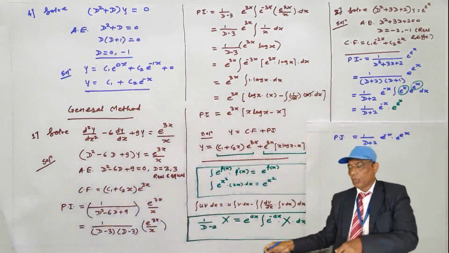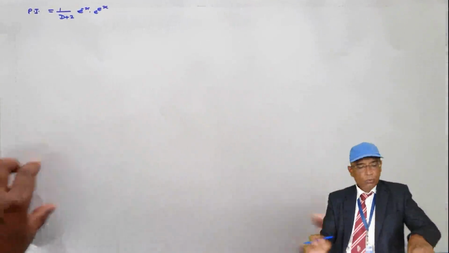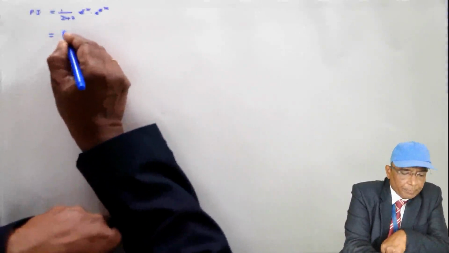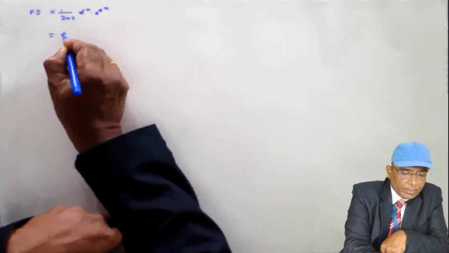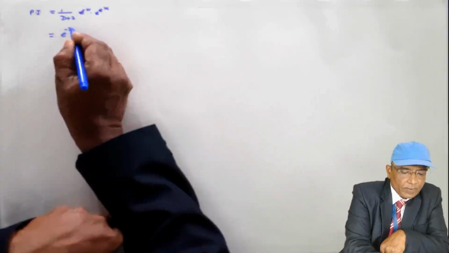This 1 by D plus 2 operator I am operating. Now, how to operate it? Again using the same formula. It is written as e to the power minus 2x